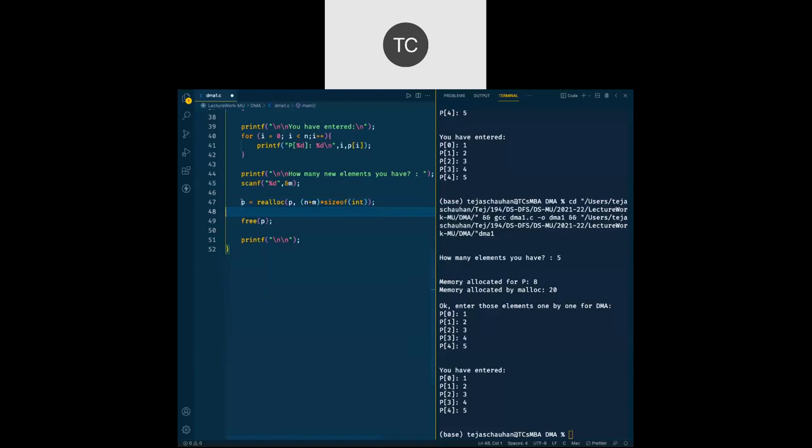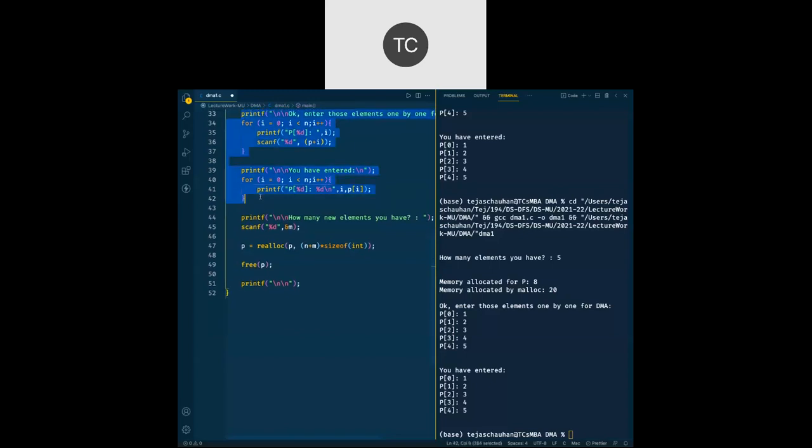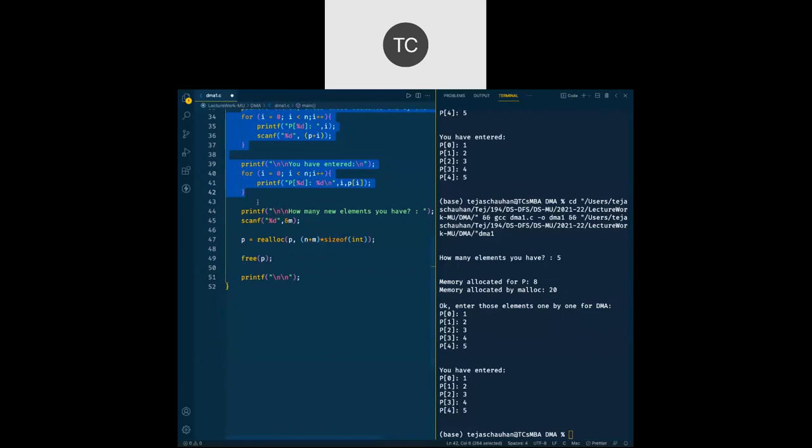Okay, fine. So look, what will realloc do? It will bring the old values to the new place. So we do not need to ask for the old values again. What we want is to ask the user to enter new values only.